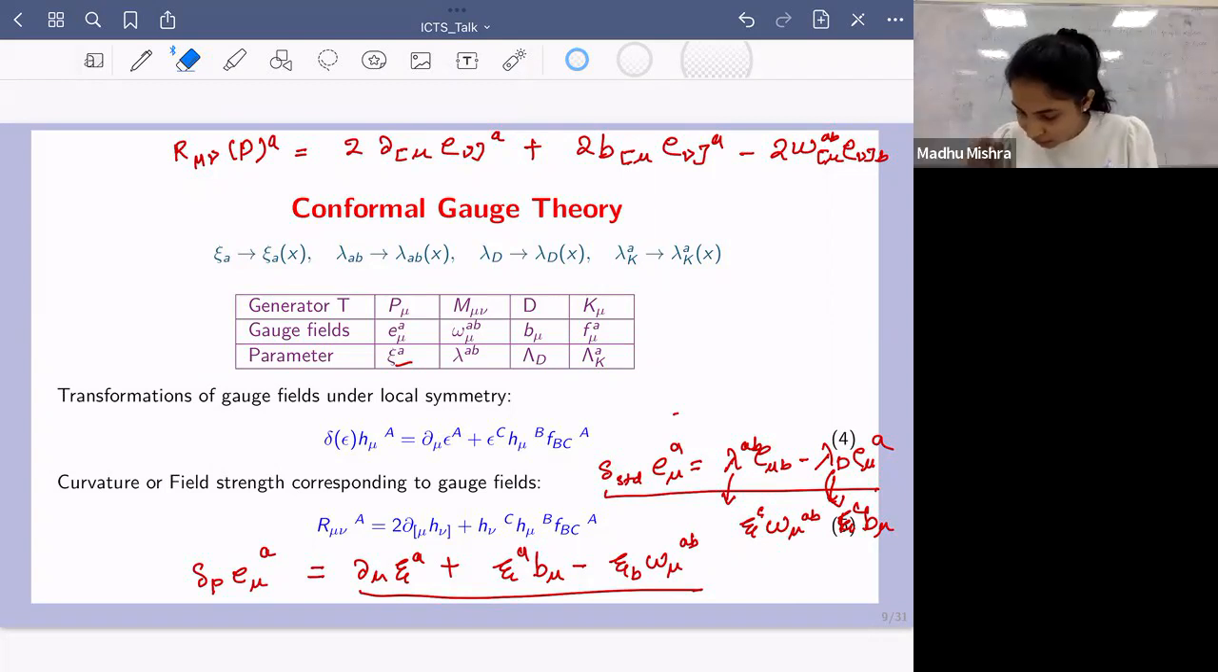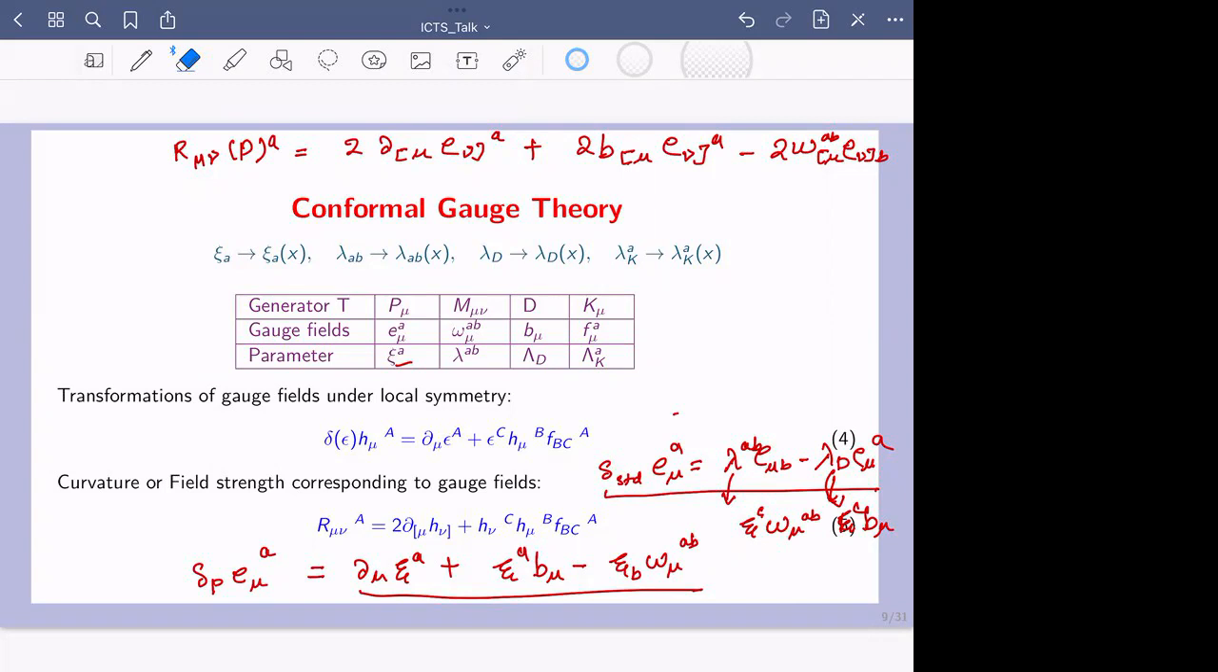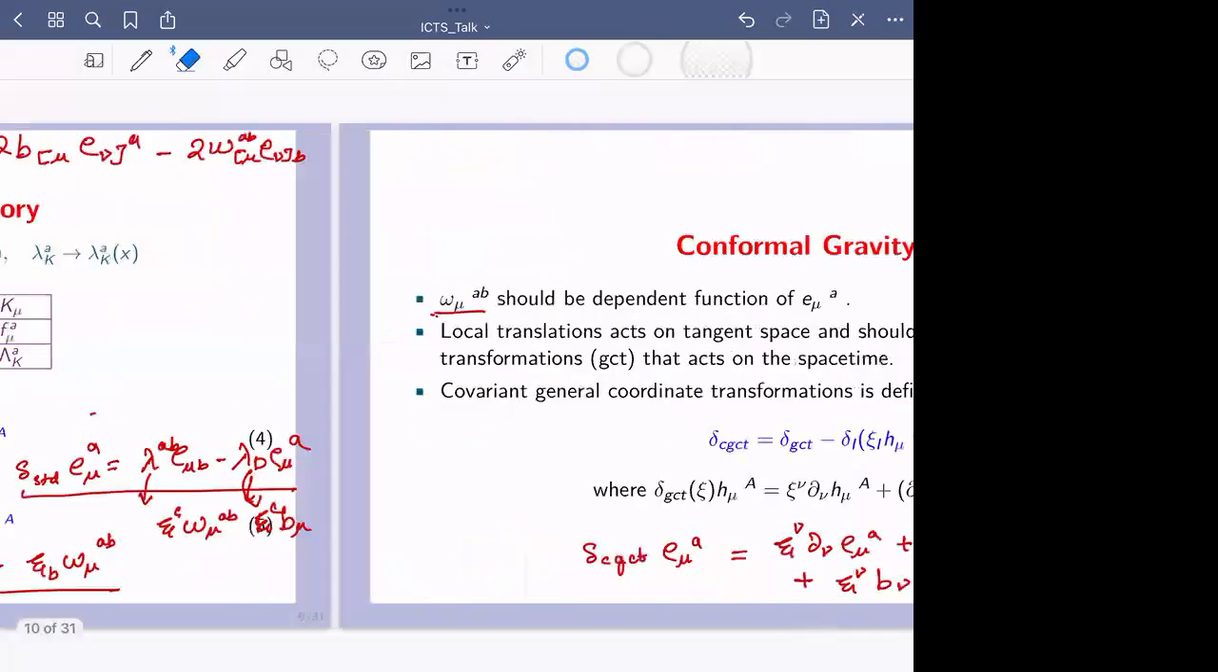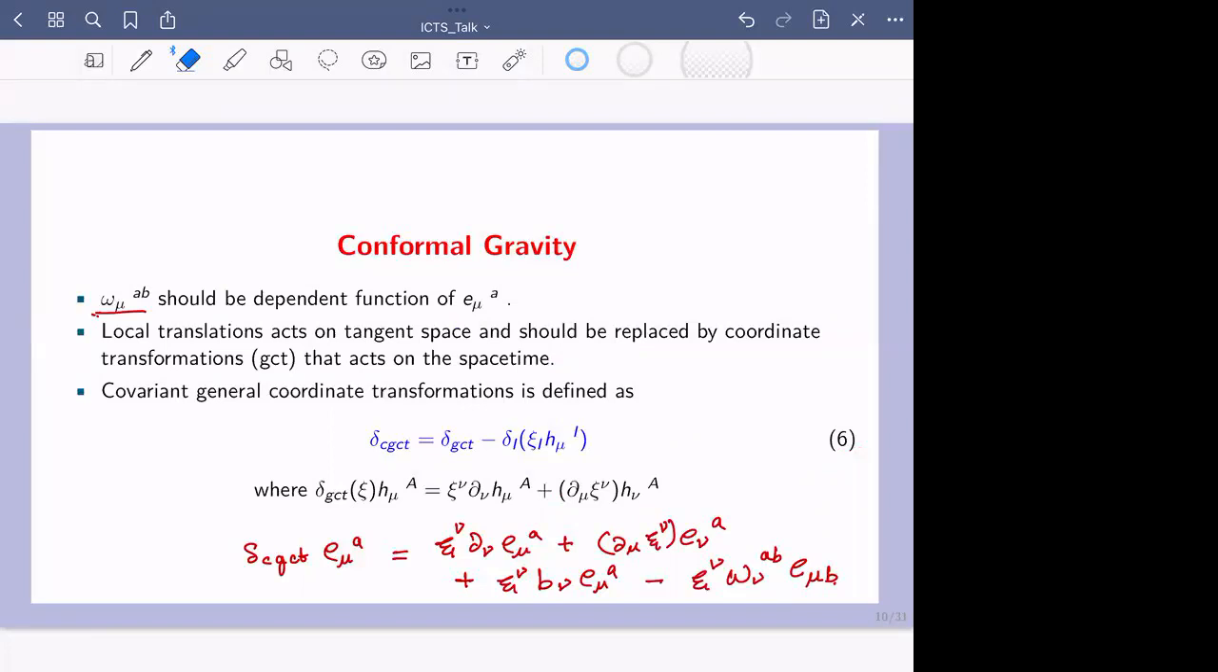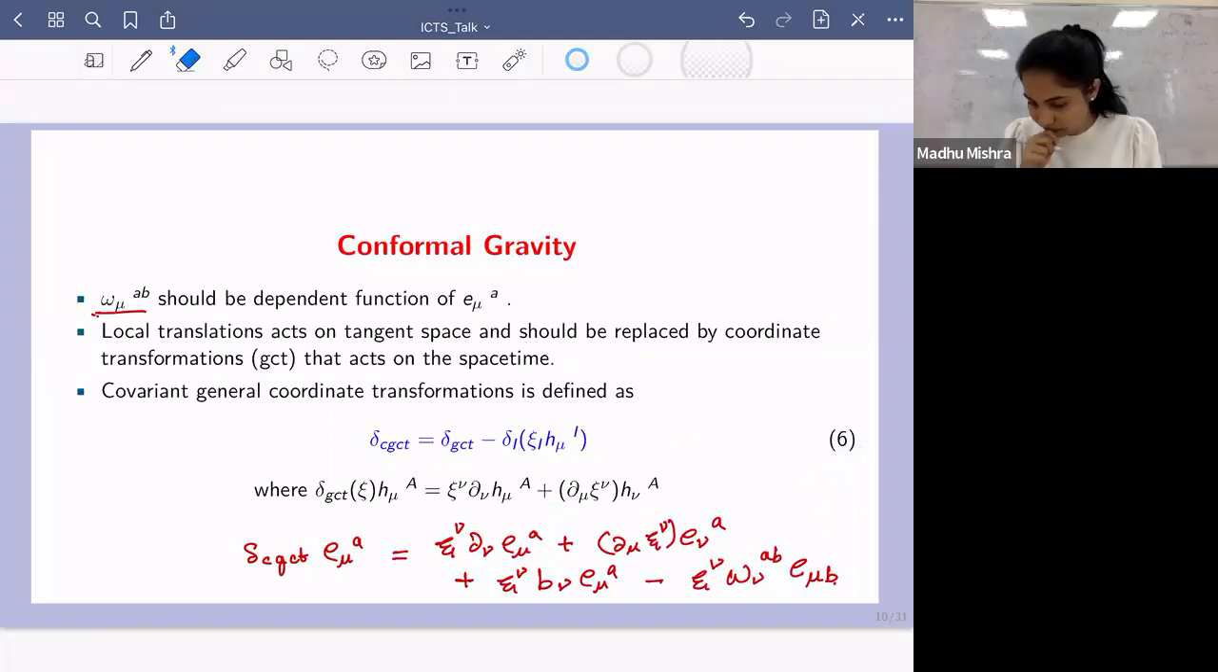I'm just trying to say, how do you know that this is a symmetry? This covariant general coordinate transformation that you defined. Yes. How do you know that this is the symmetry of the theory? Yeah, so because